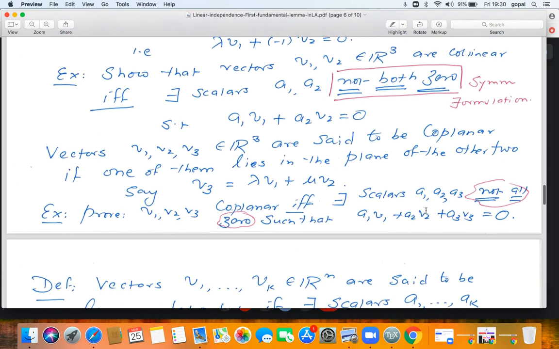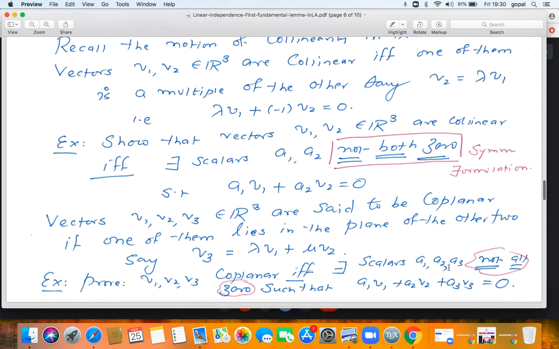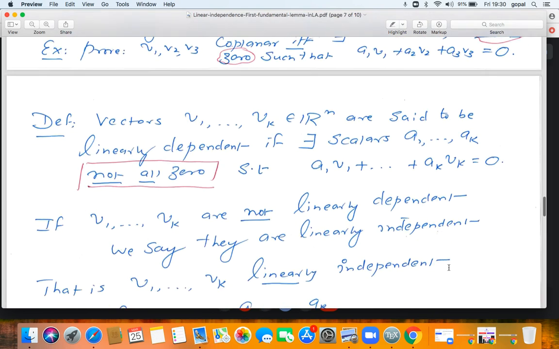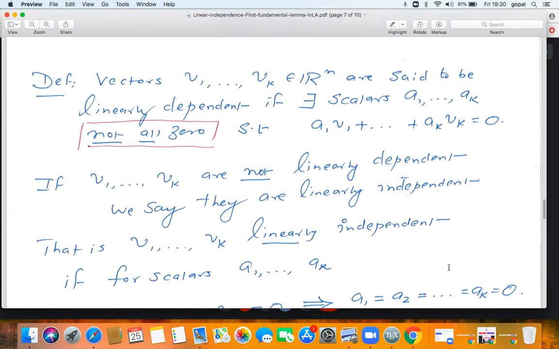So that is a more symmetrical formulation of coplanarity. So collinearity and coplanarity: linear dependence is a generalization of these two ideas of collinearity and coplanarity. Vectors v1, v2, ..., vk in Rn are said to be linearly dependent if there exist scalars a1, a2, ..., ak,